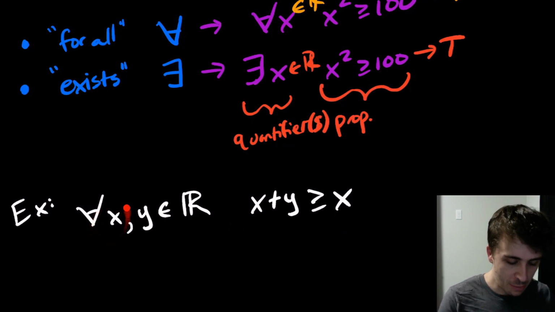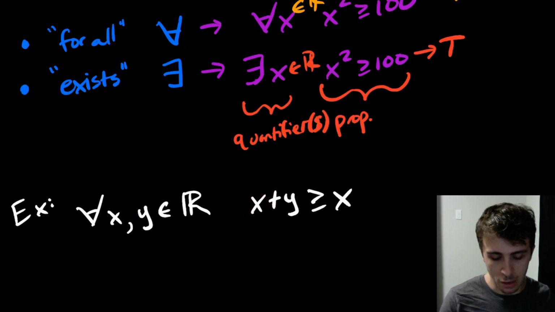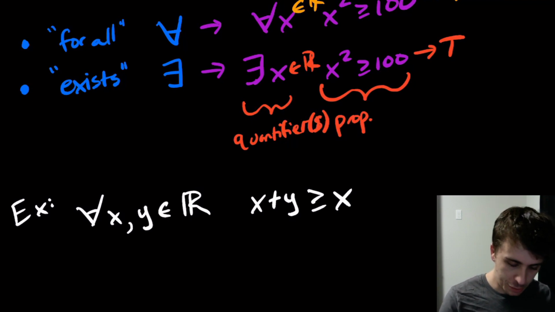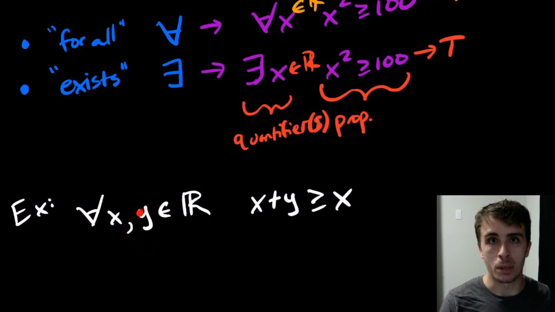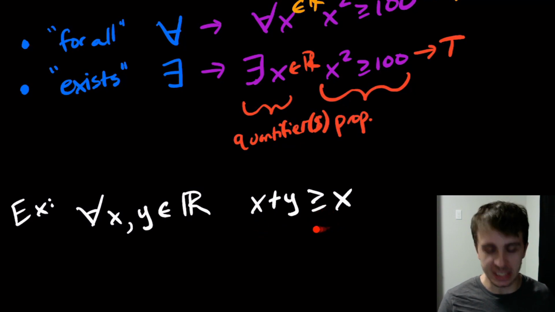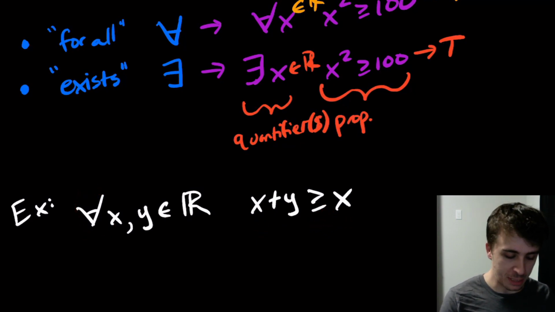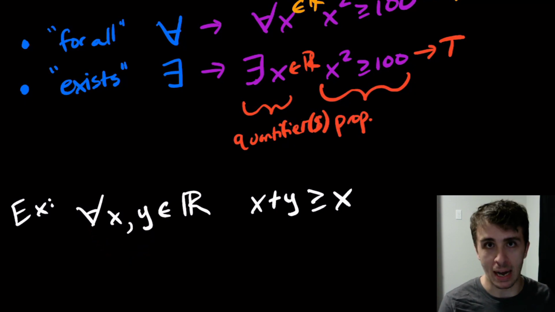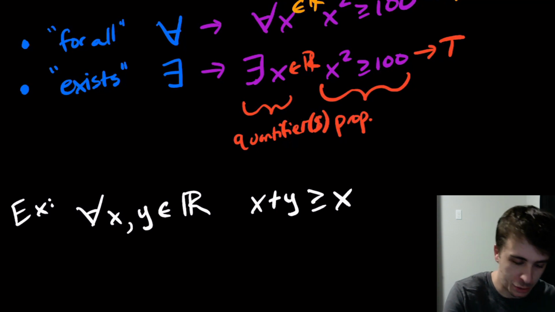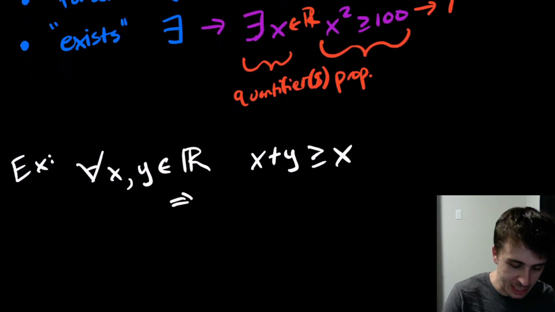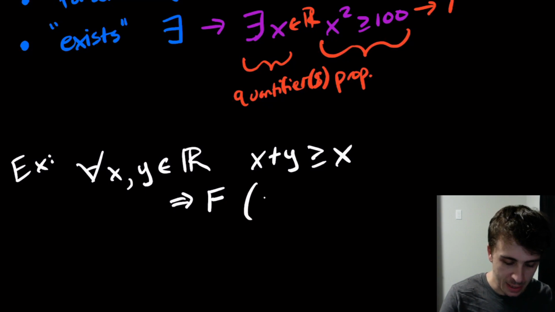Well, this says that for every value of x and y, the value of x plus y is at least x. But we can actually see right away that this is false. Why? Well, suppose that y is a negative number. Then x plus y is less than x, but this is saying that it's at least x. And the whole statement is saying for every choice of y, this will hold. But we just found the counterexample. Any negative value of y will work to show that it's false. So this tells us that this statement is false, and the counterexample